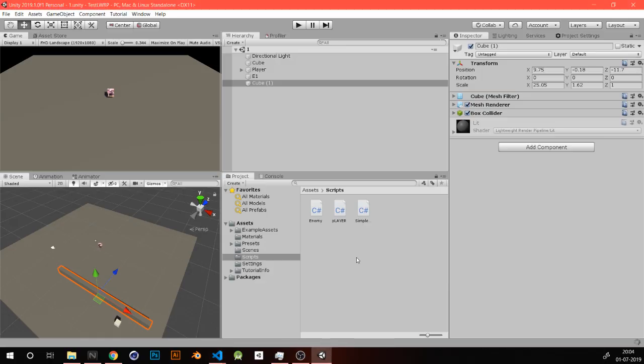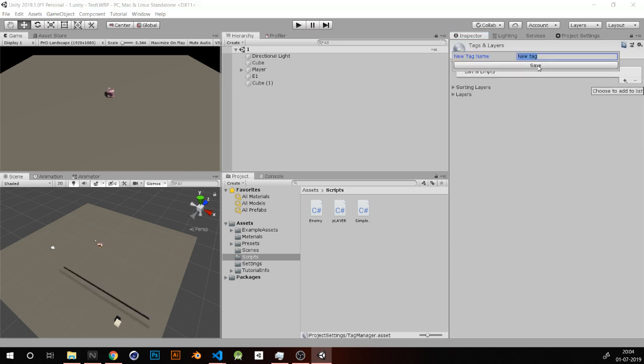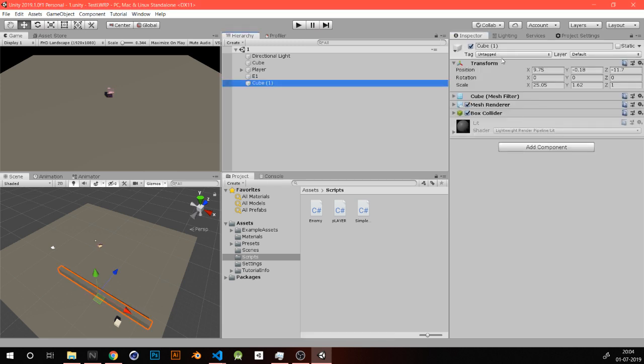So hopefully this works. I mean, that's one thing that I've had slight issues with sometimes. As I said, you can add tags and stuff, right? So just add a new tag, you say wall, save, and that doesn't add a tag, so you have to go back and do this. So this is a wall at this point. Okay,